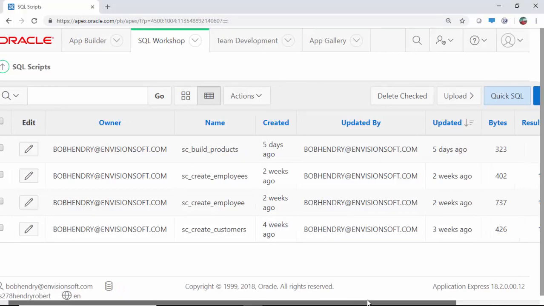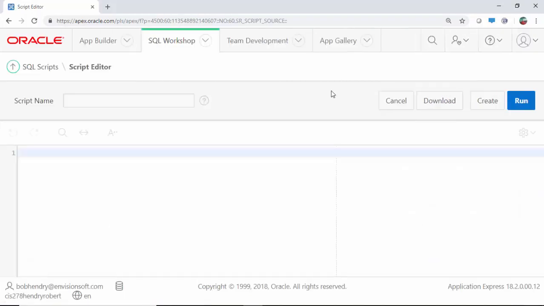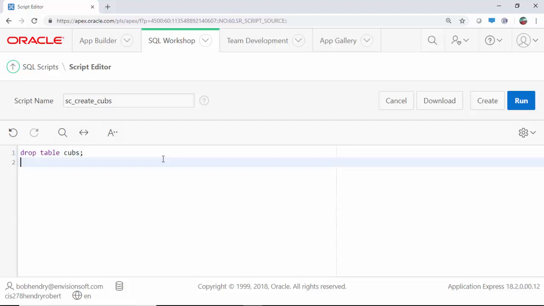I'm going to call this one SC, and I'll say create. And we're going to call the table Cubs. Quite simply, I'm going to say drop table Cubs, and let me recreate the table. Create table